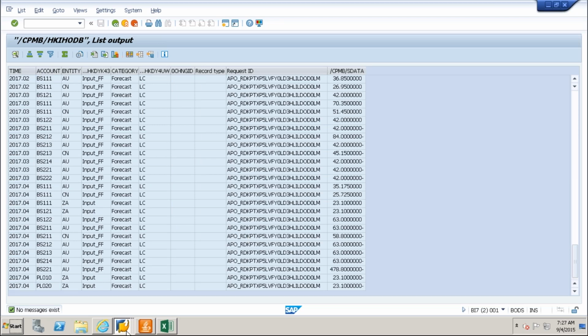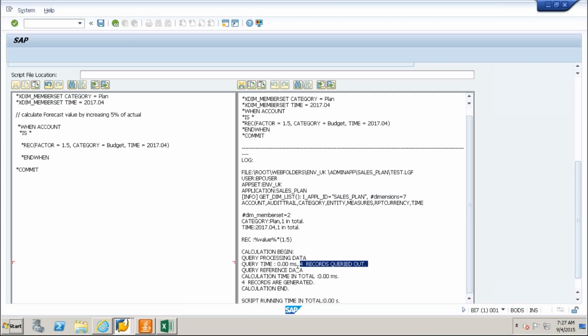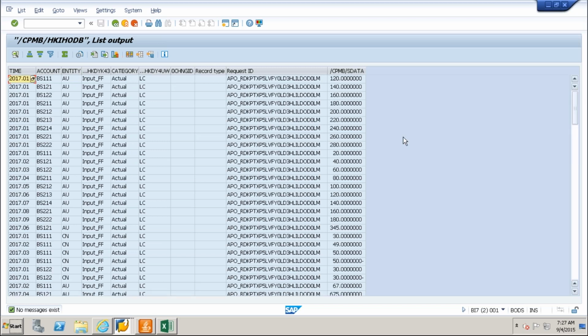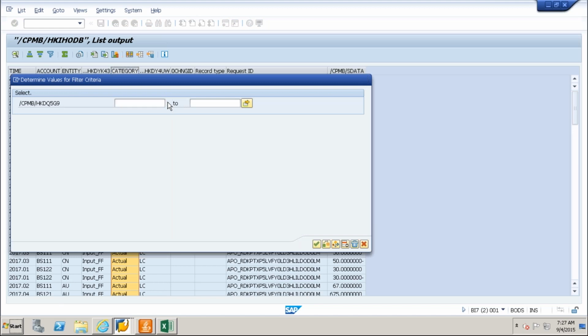Because by using this, you will get an idea how many records are going to be generated, and also you can check here the plan category, just going to filter.